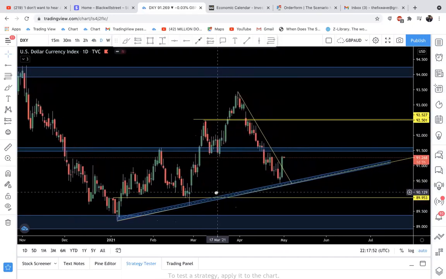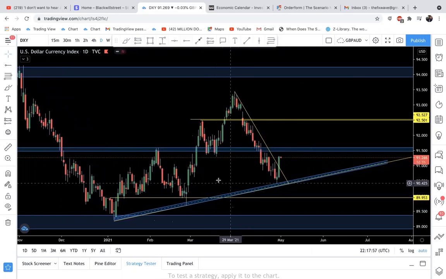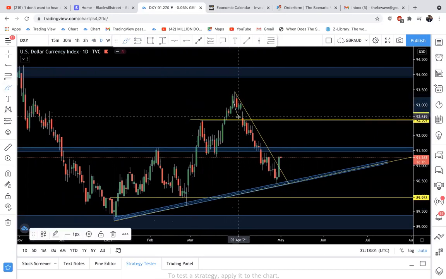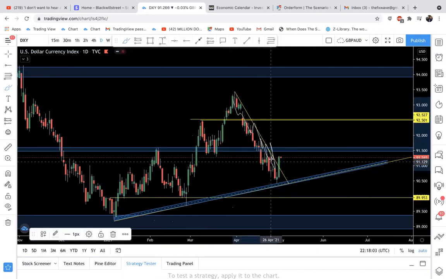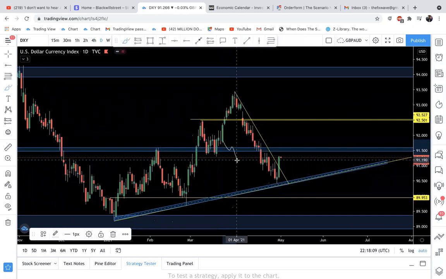So if we see here, starting with the US dollar index, the last couple weeks, we've seen price continue this down move. If you've been following, I said if we broke below this structure level, it was likely that we're going to see more of a down move. So we got that down move. But I said we could likely either pull down to the support,